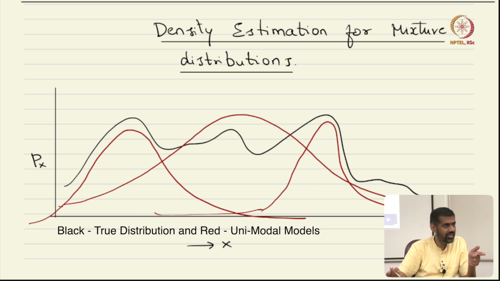Any questions on this? Okay. This is just to motivate that unimodal distributions cannot be good models. So what do we do? Yes, that will happen no matter what model we choose, because the absolute